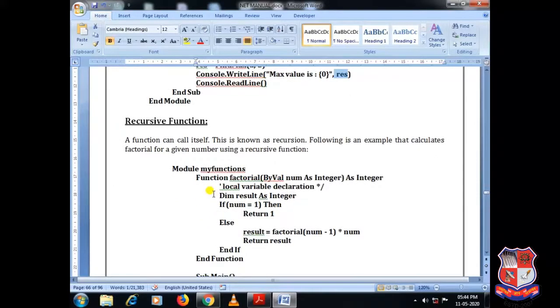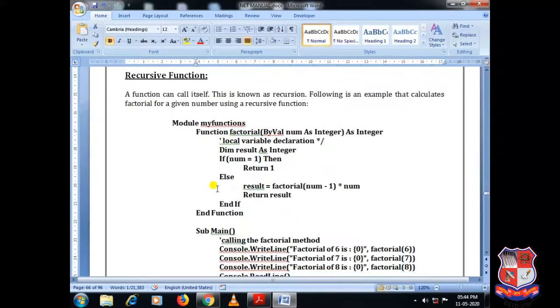Now next concept is recursive function. A function, as we know, recursion means a function calls itself. A function can call itself, that is known as a recursion. Following is an example that calculates factorial for a given number using a recursive function. As we know that finding out the factorial is quite common example to understand the recursion.